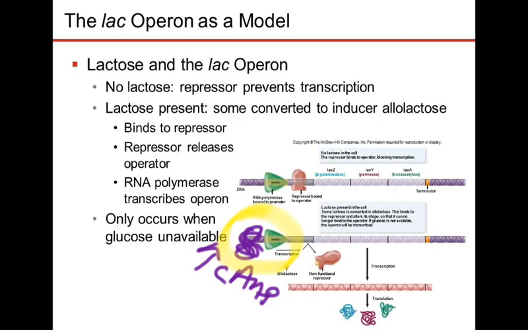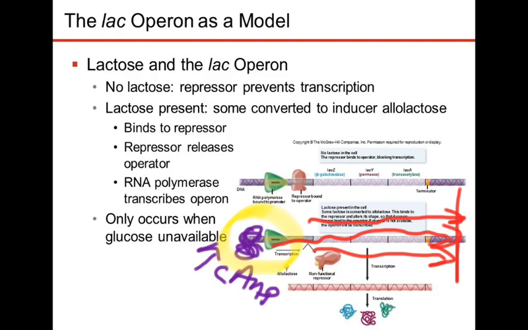Once this scenario happens that I just depicted there, once all of this happens, then transcription will begin, and you'll start making transcripts, and RNA polymerase will run down and continue to make transcripts until what would happen? What might change it? What might shut it off? Well, the transcription is going to stop down here at some transcription termination, but what's going to shut off this promoter region and make it stop making those transcripts? One would possibly be if you get more glucose in the environment. If you do that, there'll be no more cyclic AMP, so it would stop that way. But let's assume that there's no glucose in the environment. What will happen to make it stop in that case?